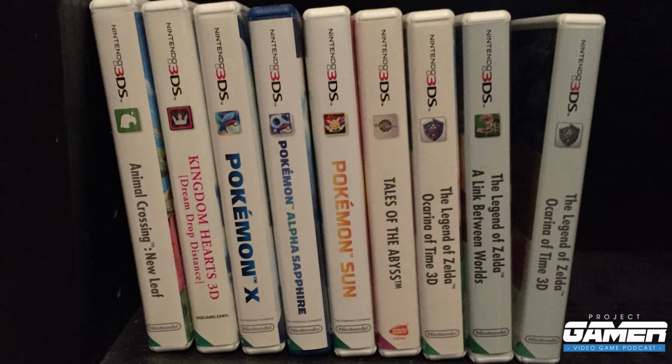Lastly, onto my portable games, which to be honest I don't buy too many of, but for 3DS I have Animal Crossing New Leaf, Kingdom Hearts 3D Dream Drop Distance, Pokemon X, Pokemon Alpha Sapphire, Pokemon Sun, which I only literally just got and I'm still playing through it because it only just came out very recently,